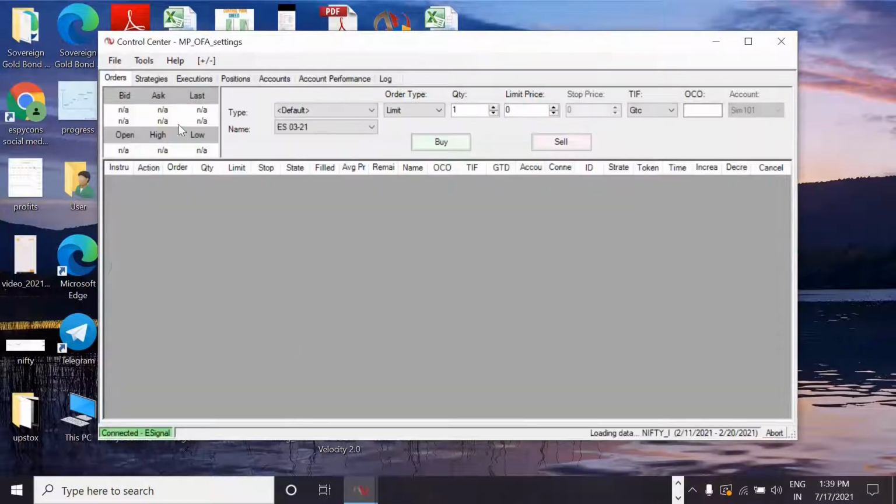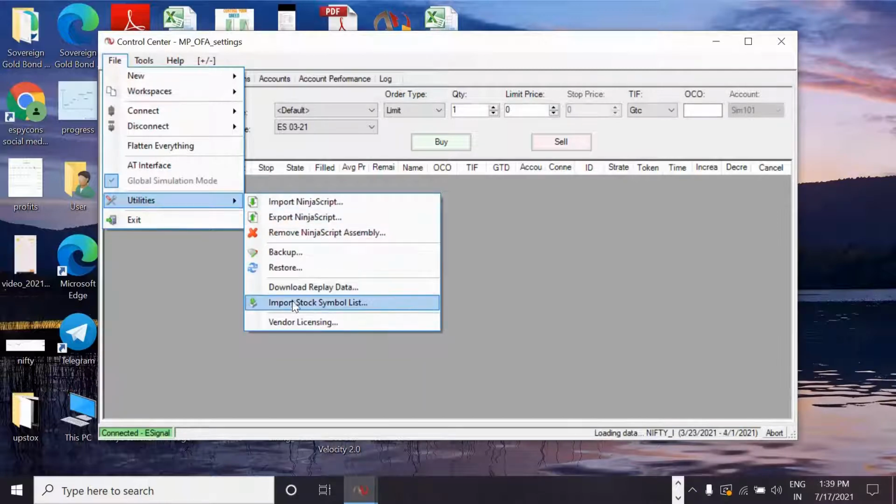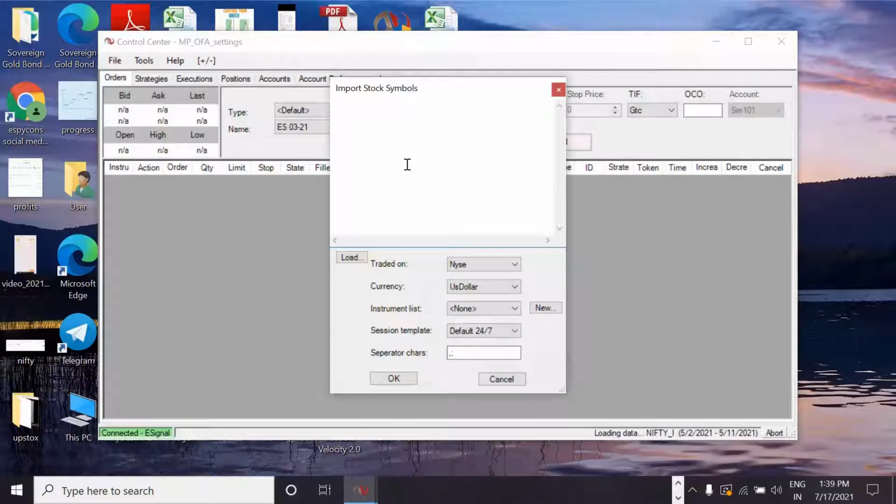Now what I will do? I will go to File, Utilities, and Import Stock Symbol List. The moment I type here Maruti _i, same way I will add Nifty _i, Bank Nifty _i.